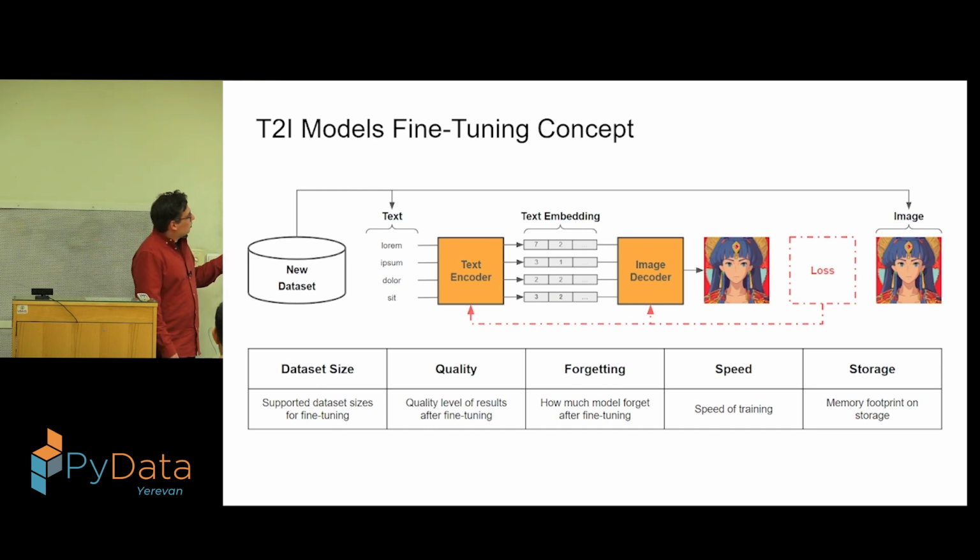We get the text and image from this new data set, feed the text to the text encoder, get the text embedding, feed it to the image decoder, get the image, calculate the loss between images, and backpropagate it to the image decoder and text encoder respectively. So this is the simplest possible setup, but unfortunately,